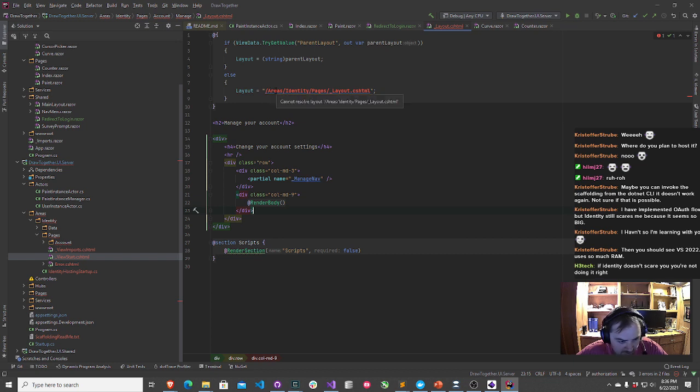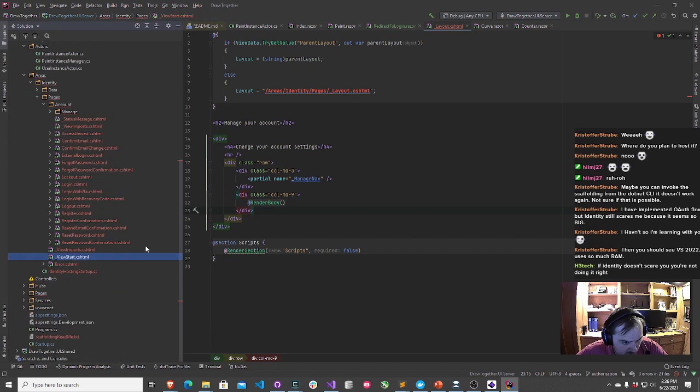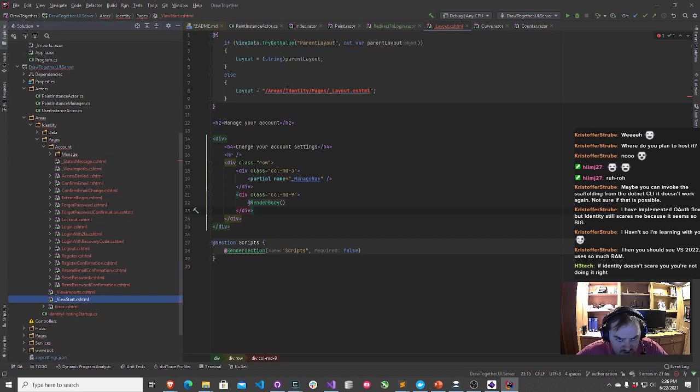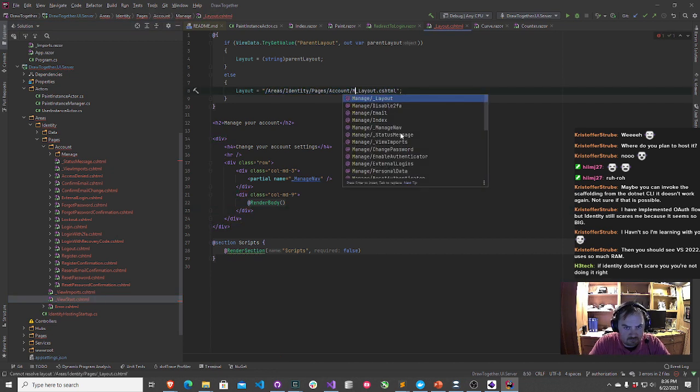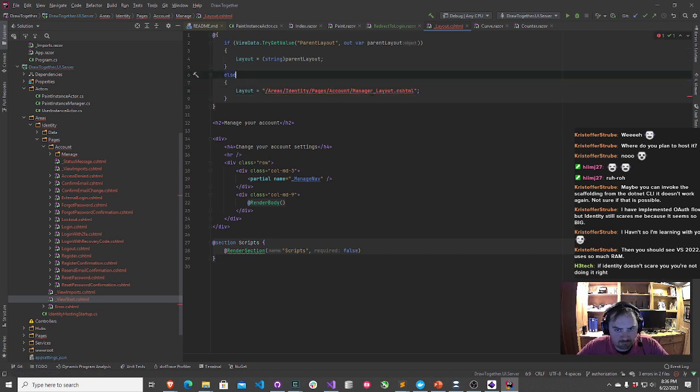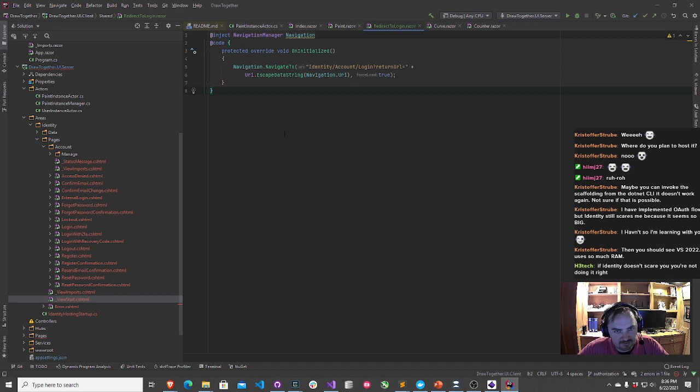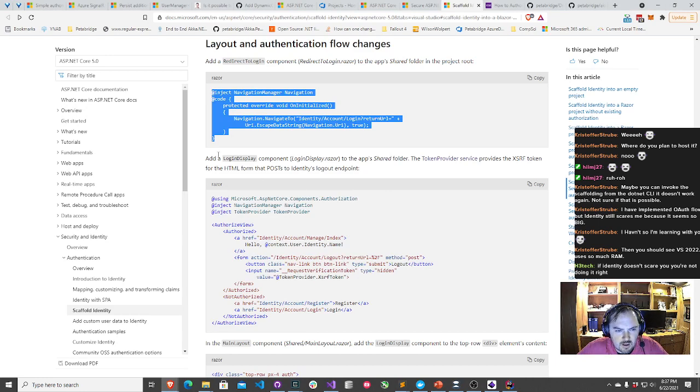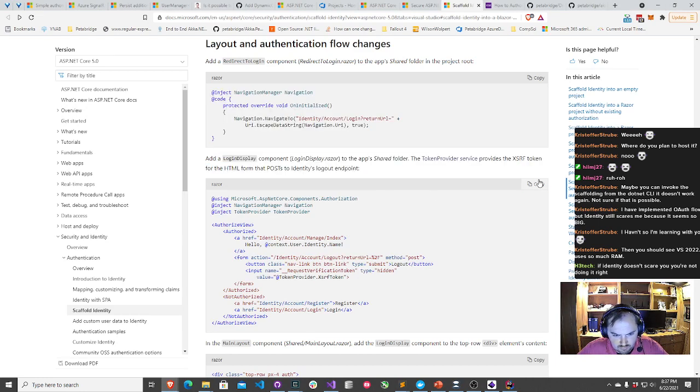This is what it's complaining about. Okay. Well, I'll do pages, areas, identity, pages, account, manage. Nope. That's what I meant. Okay, that should fix that. If identity doesn't scare you, you're not doing it right. That's exactly how I feel. 100%. Okay, that looks good. Add a login display component to the app shared folder.